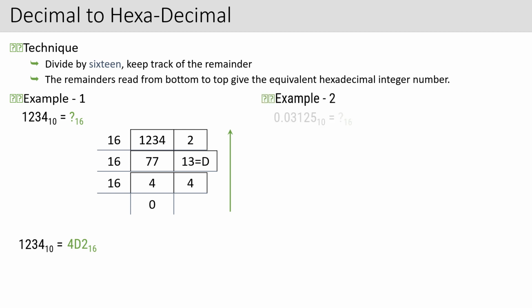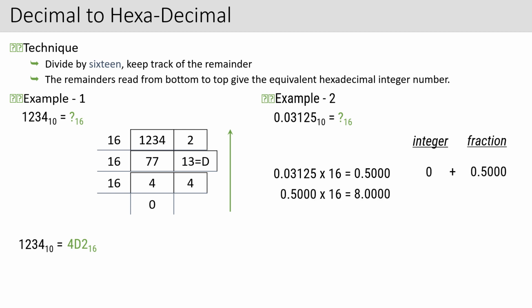Clear? Okay, now let us talk about another example. Say I am talking about a fractional number. Now your common sense says what you have to do here. I have explained the binary one, I have explained the octal one. Now it comes to hexadecimal. The technique will remain the same, but here you need to multiply by 16. So we will write the same way. This into 16 gives you 0.500, so the integer is 0 and the fraction is 5000. Then you multiply this 5000 by 16. It is 8.000. The integer is 8 and the fraction is 000.